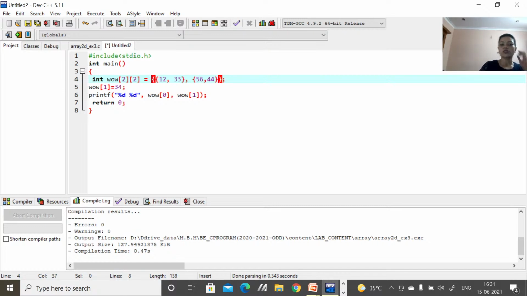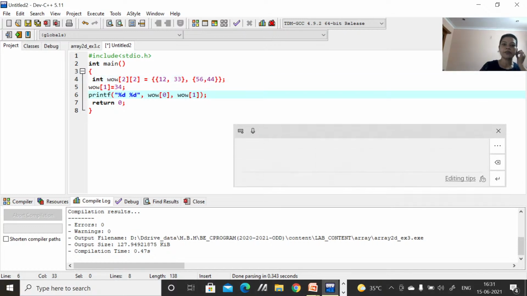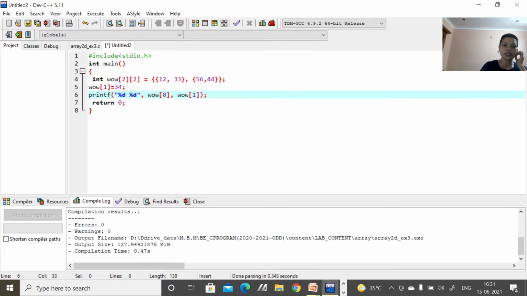Okay. So this is your static declaration. That means I am declaring like this. Simply, while displaying the elements, I need to write down only the code for displaying. So printf